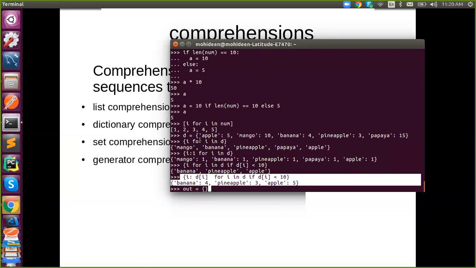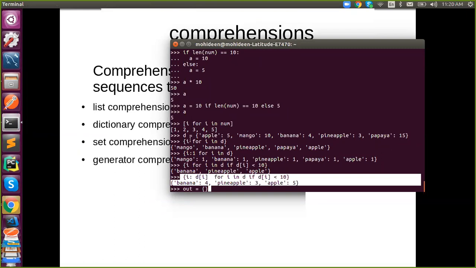Got it? So any doubts today? Clear. Shivam, how about you? Yeah, the comprehension, I will go through the documentation once more. Okay, we will revise it once again.